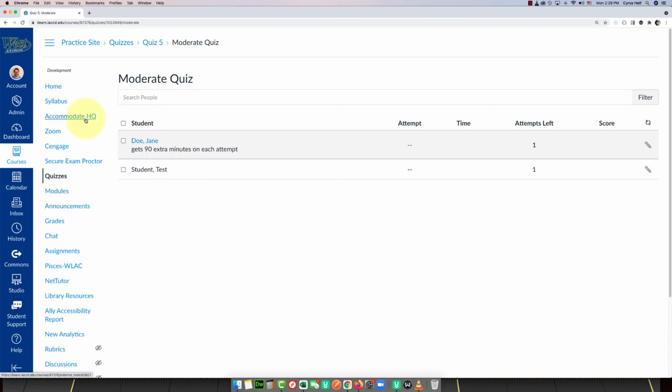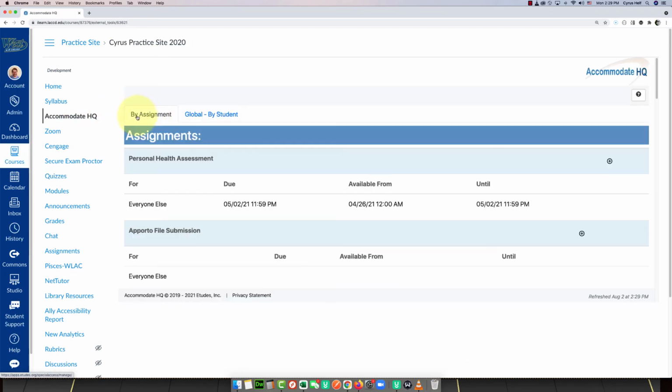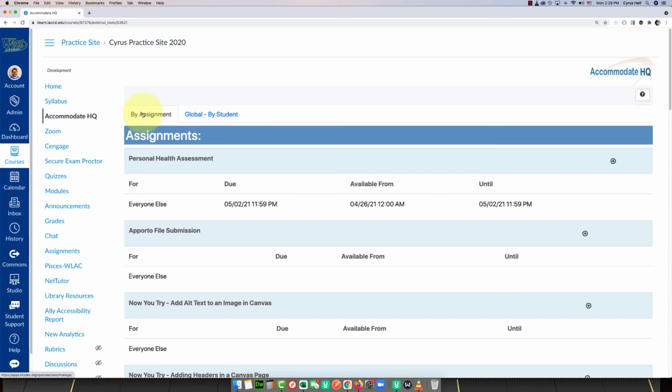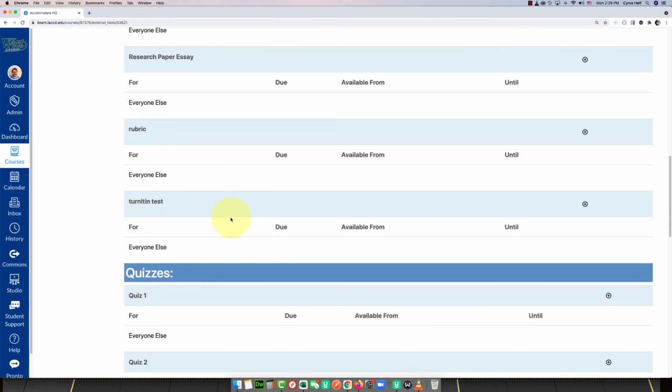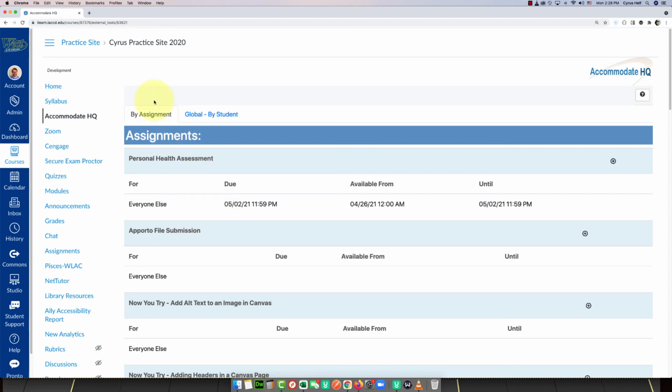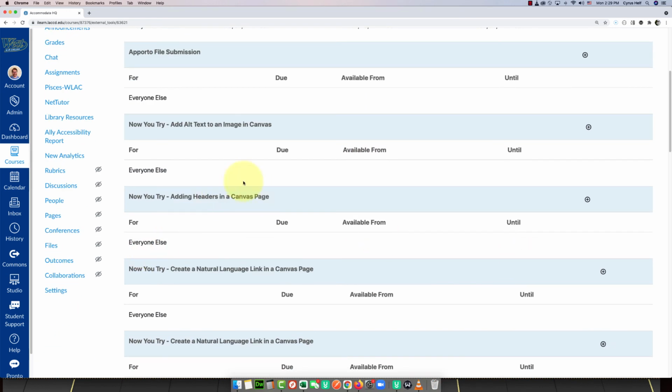It's useful. There's another feature too that lets you change dates by assignment for a specific student. This can be helpful if you have a student that needs to make up work at the end of the semester. You want to give that single student extra days to work on the assignment. Then you would use this function here, which lets you give them a different due date from the rest,